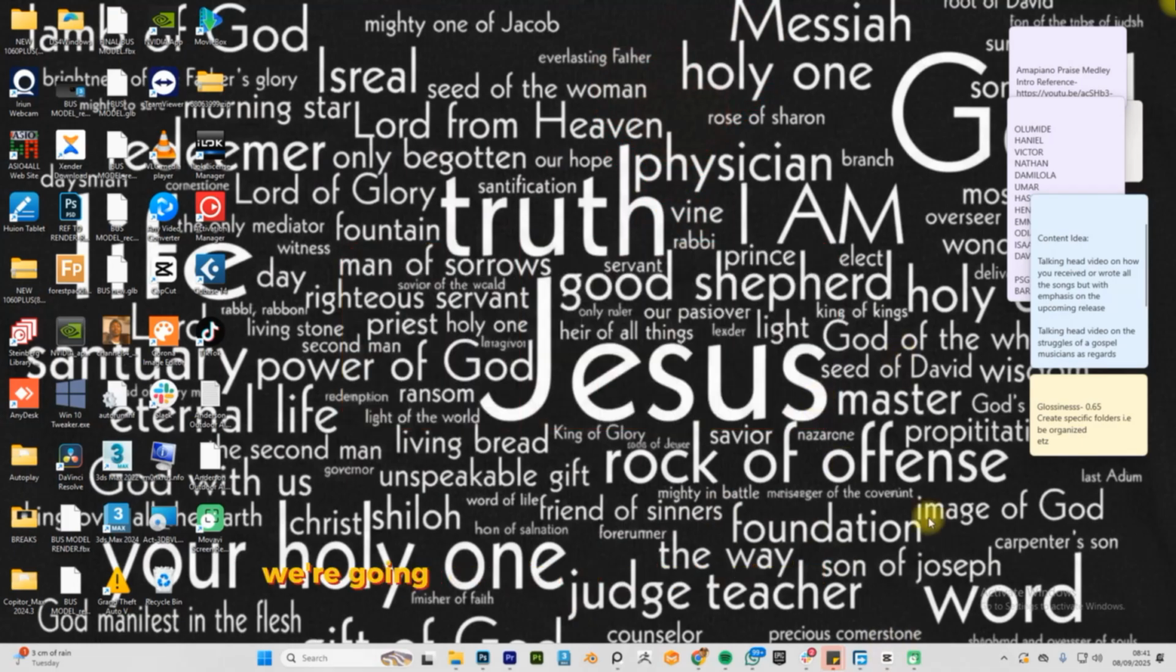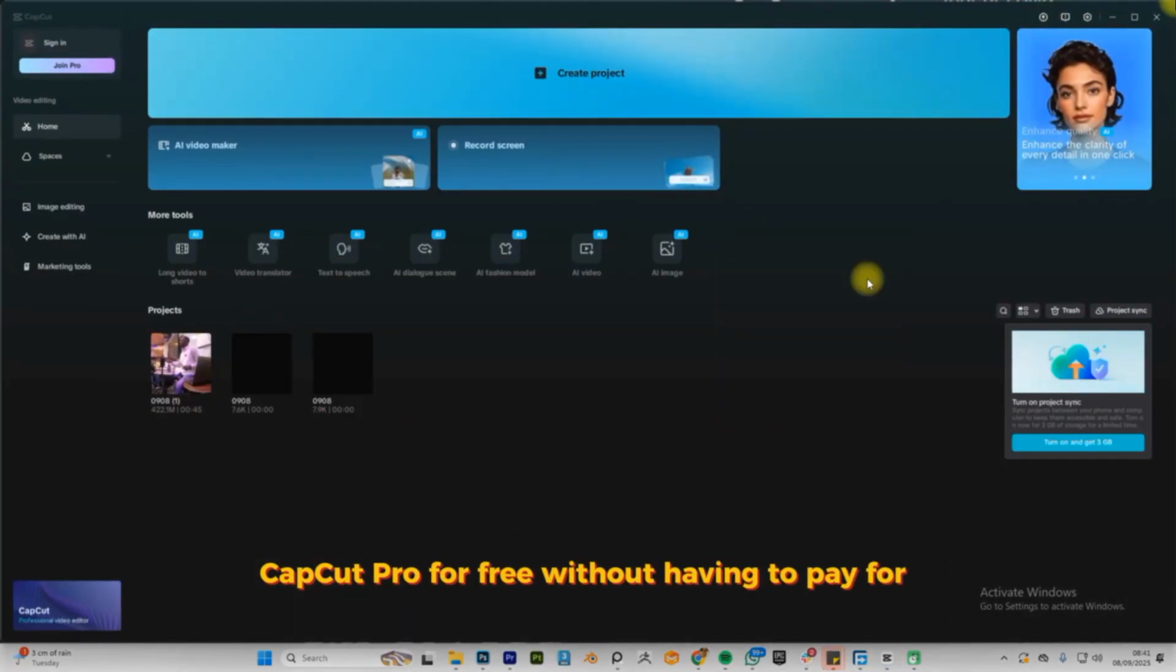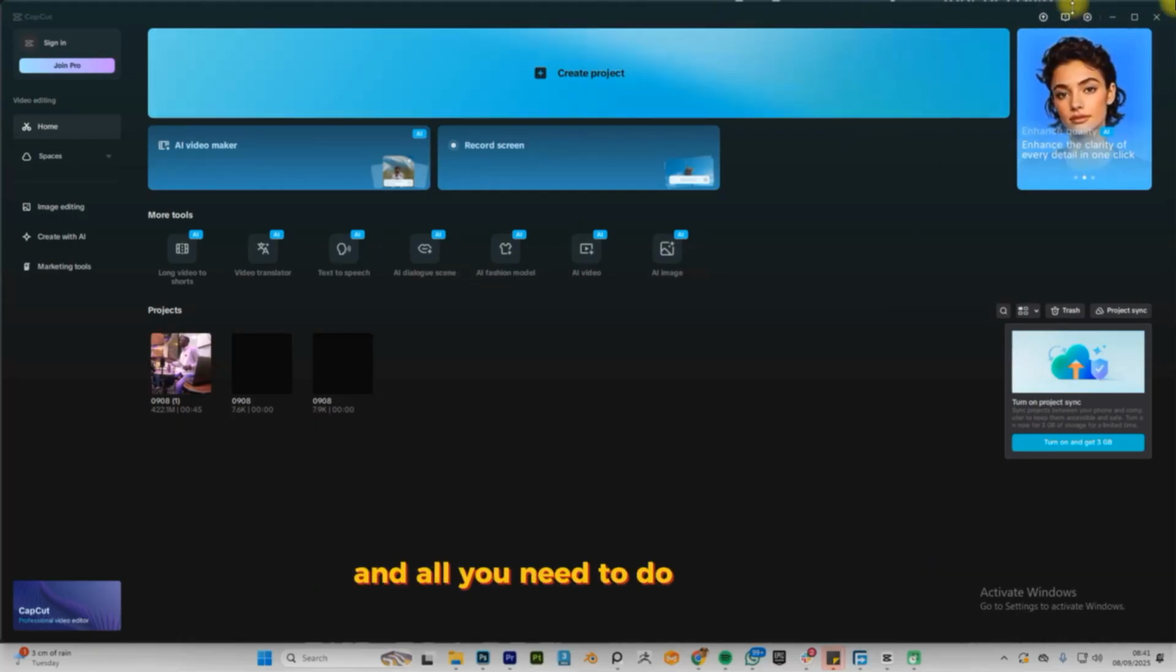So today's tutorial we're going to be talking about how to use CapCut Pro for free. So quickly we're just going to open CapCut, and all you need to do is go to the top right corner, click on settings,